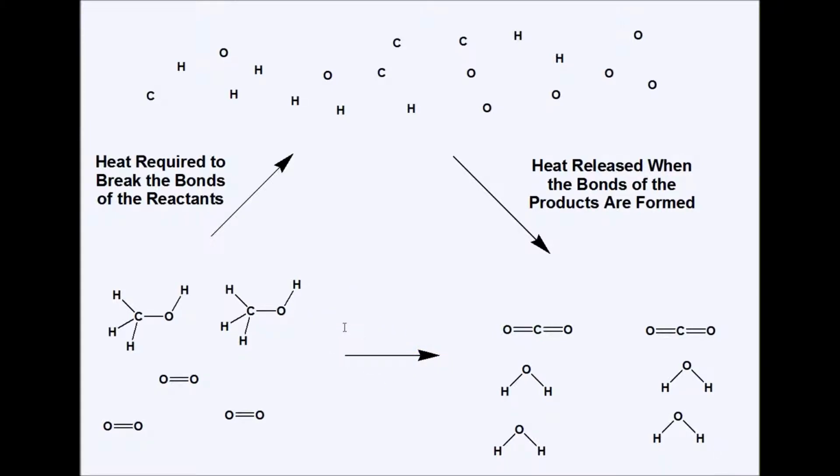To account for the energetics, let's imagine that we could take the 5 molecules here and break the bonds apart into individual atoms. So we're going to break the 2 OH bonds, the 2 CO bonds, the 6 CH bonds, and the 3 oxygen-oxygen double bonds. If we count the double bonds as 2 bonds, the total number of bonds broken would be 5, 10, 12, 14, 16. Again, we're counting a double bond as 2 bonds. So we break them apart.